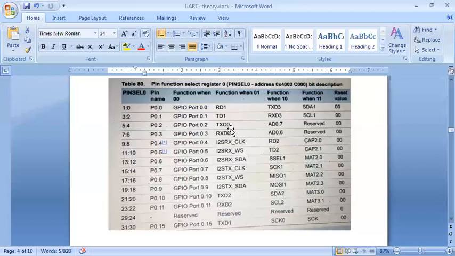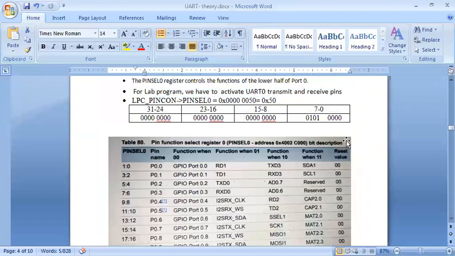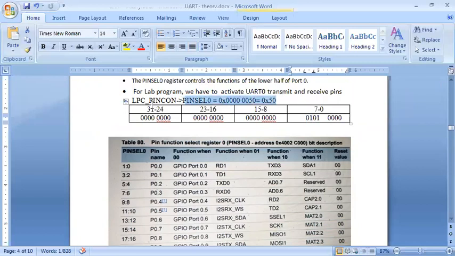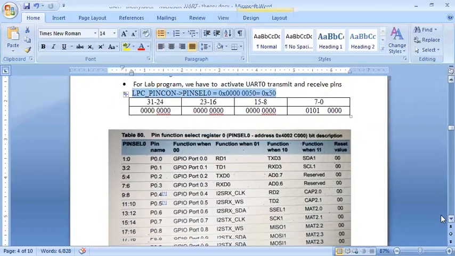Then only I can use these two as my TXD and RXD pins. So I put that value again here. This is my 4 and 5 as 0, 1, and this is my 6 and 7 as 0, 1. Converting this to hexa, I'll get the value as 50. Okay, this is about your pin select.